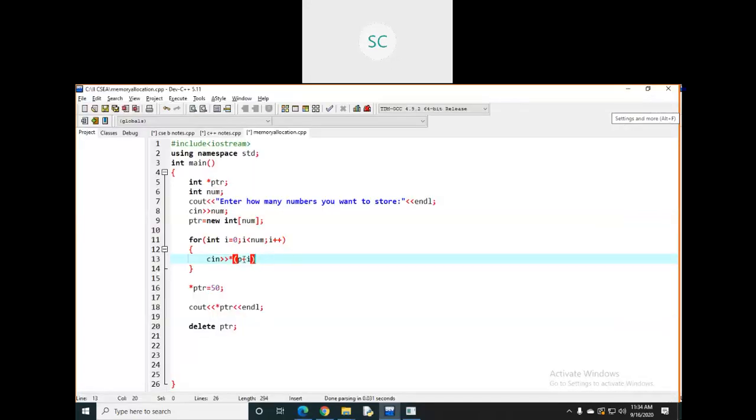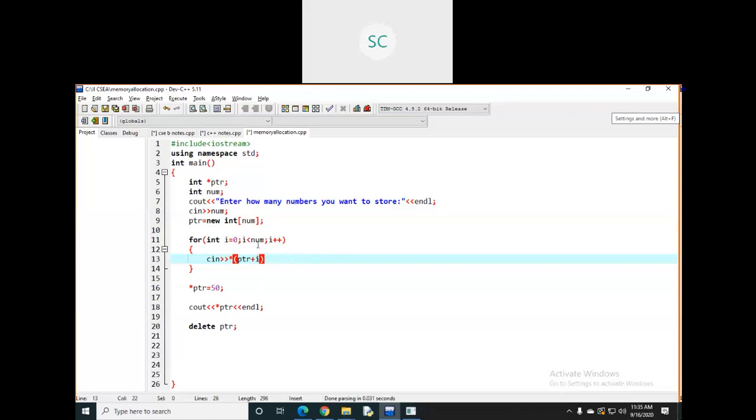This is not a general variable; if it were, you would take a of i, but it is a pointer, so in the pointer case you need to take it like this. Every time ptr first points to the starting address, then it increases the pointer and stores in the next address. Let's see whether it will work or not.